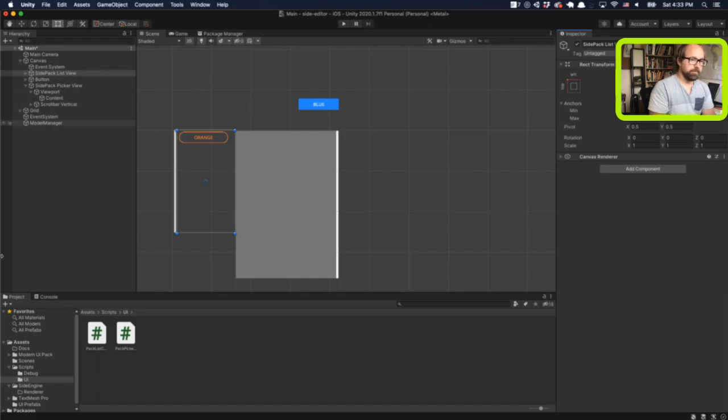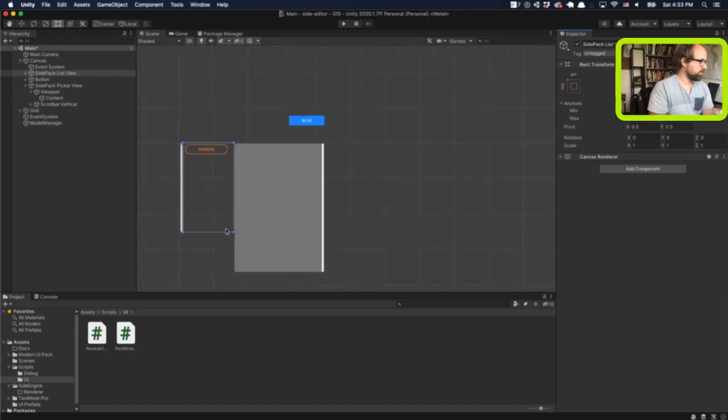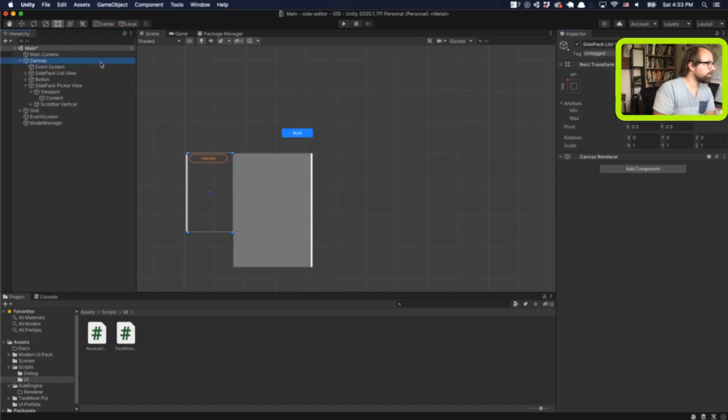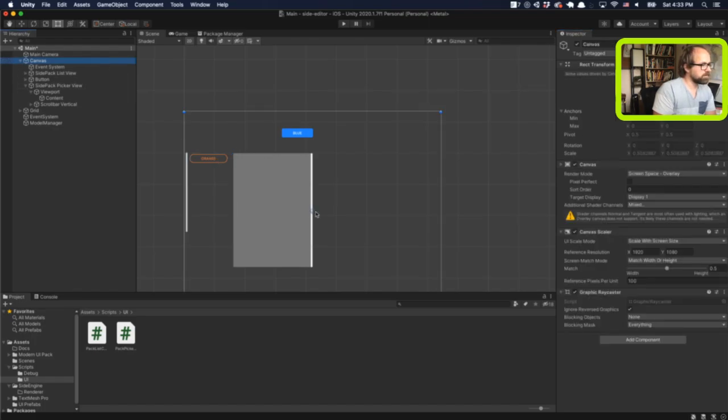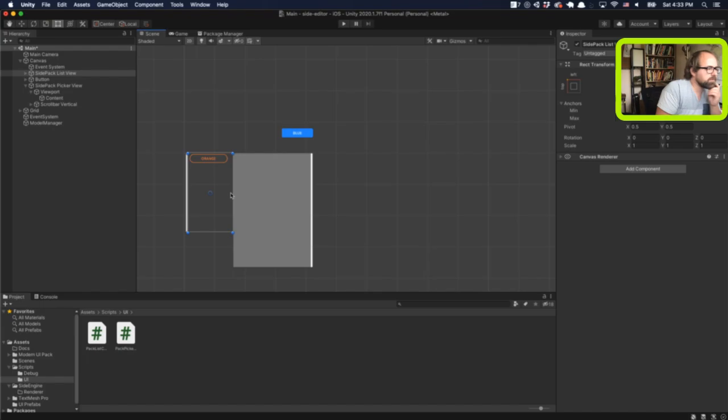So that's up from here. It's more or less the center, because that's how Unity works. It's distance from the center where the pivot point is. Well, actually, hold on. Yeah, we can't change that. So in Unity, whenever you're putting a UI thing, all UI goes onto a canvas of some sort. The center of the canvas is where you take your measurements from. So this side pack list view is 510 up from the center, and